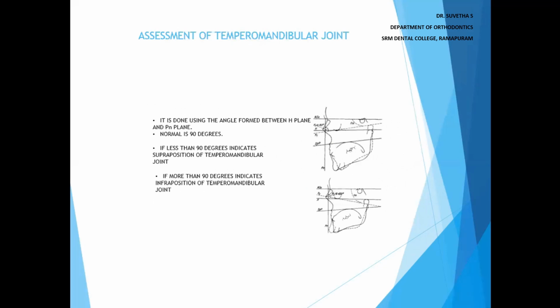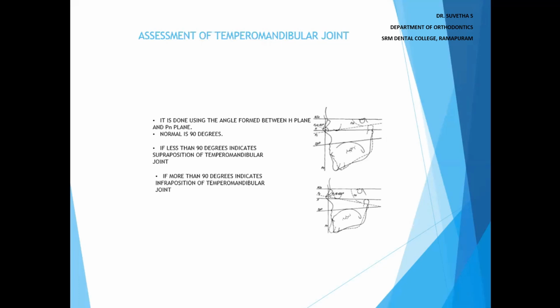Now let's assess the temporomandibular joint. Let's see the picture that is present in the upper right side. You can see there is a continuous line and there is a dotted line. So the continuous line represents the normal position of the skull, whereas the dotted line, you can see that the TMJ is superiorly positioned. In this case, what happens to the angle that is formed by the PN plane and the FH plane is reduced. That is, it is becoming 80 degrees from 90 degrees. In this case, what will happen is the mandible will be posteriorly positioned and the patient will have a dolichocephalic